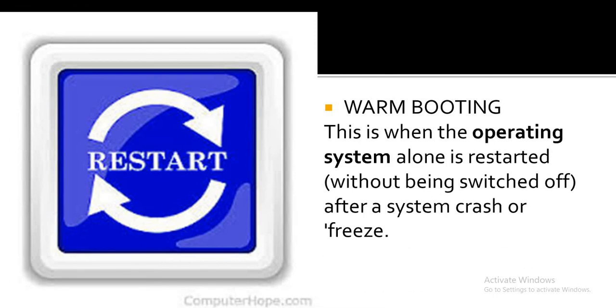But warm booting is when the operating system alone is restarted. That is, when your computer is on and you press the restart icon or the restart button on your computer, it goes off and comes up by itself without you pressing the power button. That is called warm booting. Maybe your computer freezes